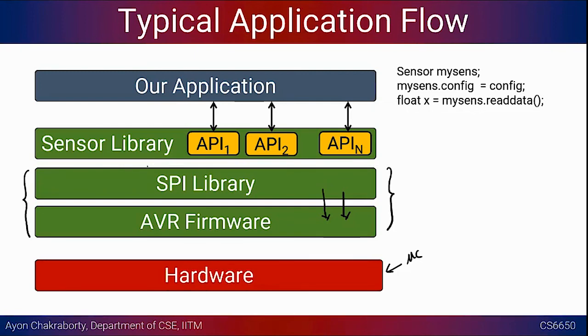Suppose you have bought a certain sensor, it could be a temperature sensor, it could be a pressure sensor, and that particular vendor is going to give you certain APIs, and those APIs will be written on top of the libraries, right? And what you end up using are these APIs, right? Given an example, suppose you have a sensor class that they are going to provide you. So it's C++ code. You can write Sensor mySense. This is the object that you will create, and then you can keep on treating a particular sensor as an object, right? That much of abstraction this kind of code can give you.